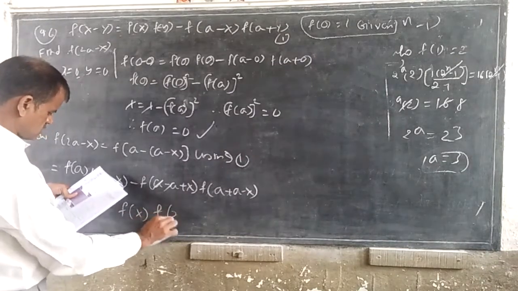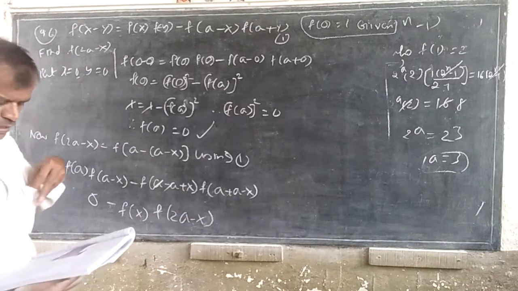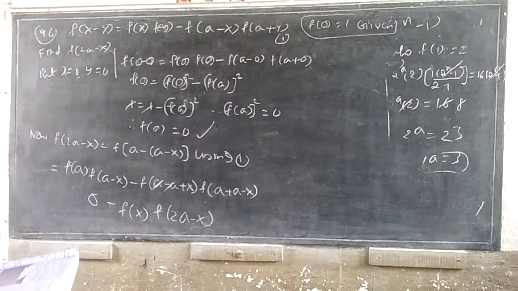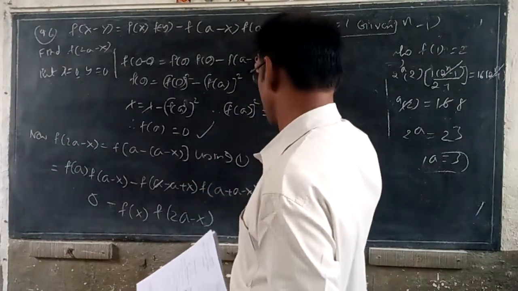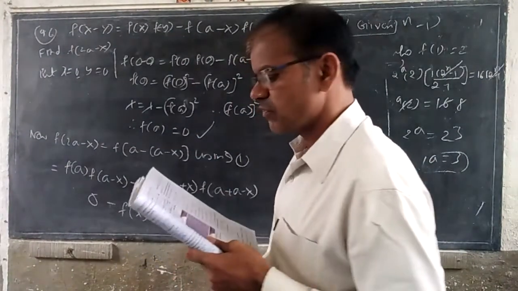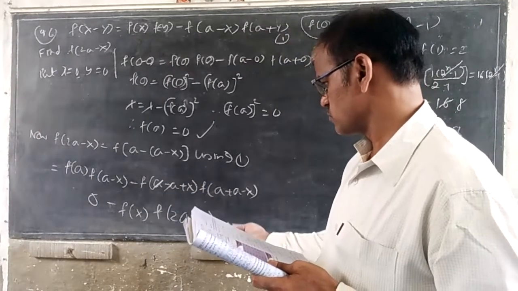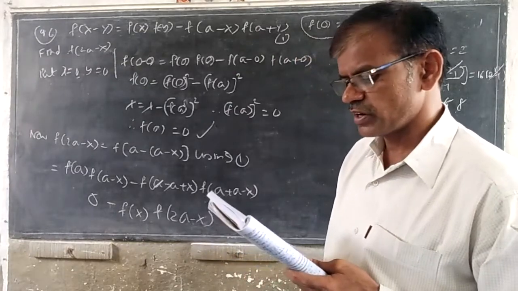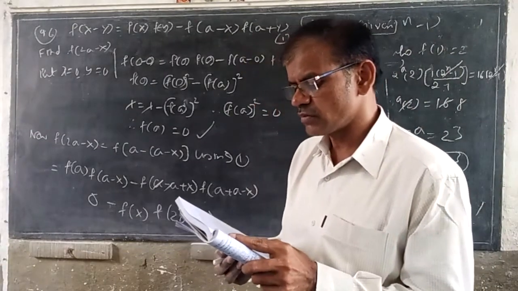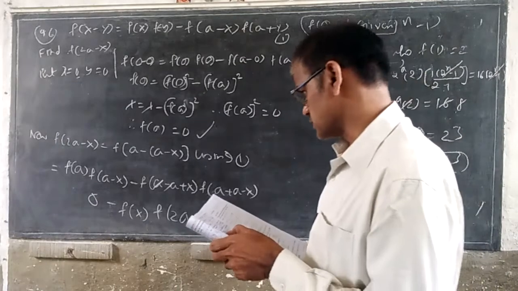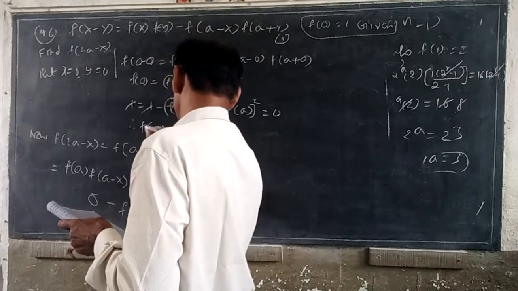F of 2a minus x. A minus y, a minus of a plus a plus y. So a plus a minus x. F of 2a minus x we got. You should not get f of 2a minus x, the same we are getting. Minus f of x. Just once verify. F of x minus y is equal to f of a, 0 we got. F of a minus x, it is wrong. A minus a will be getting cancelled. Like this we should consider.